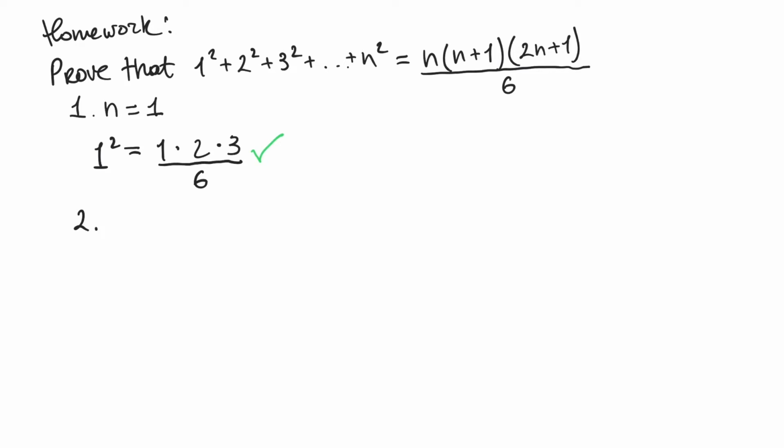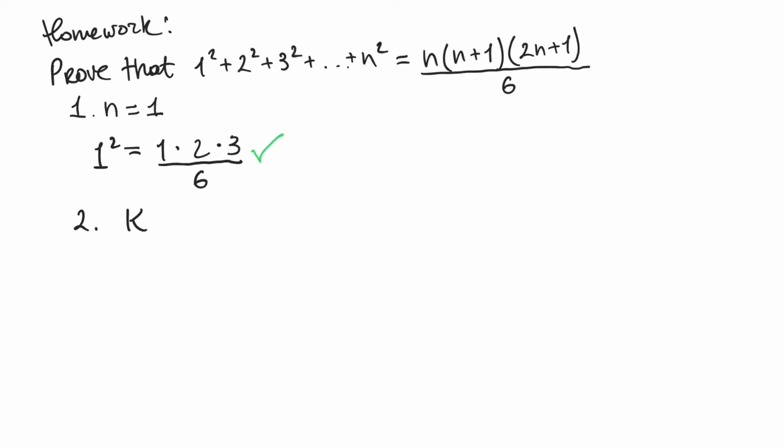So first of all, we assume that the statement holds true for n equals k. And then our job is to plug in k plus 1 into that formula for n equals k, and essentially to show that the result is the same as if we simply plugged in k plus 1 into this right-hand side formula. To do that, we will first write out the right-hand side formula for n equals k, and that looks like this: